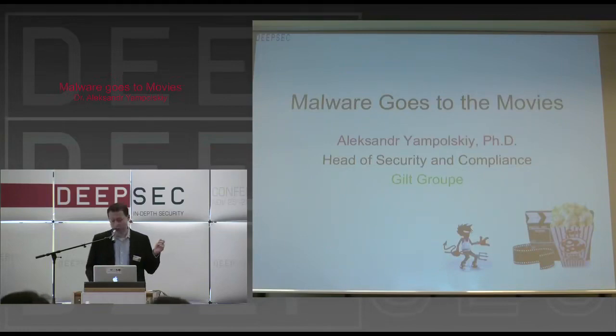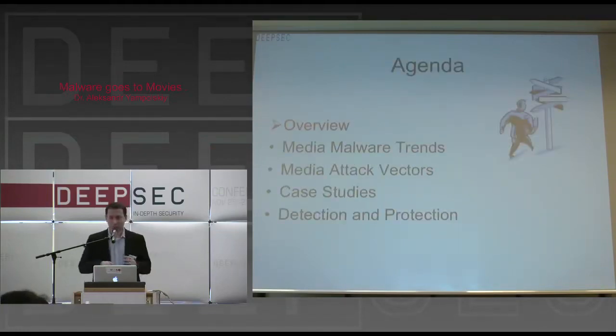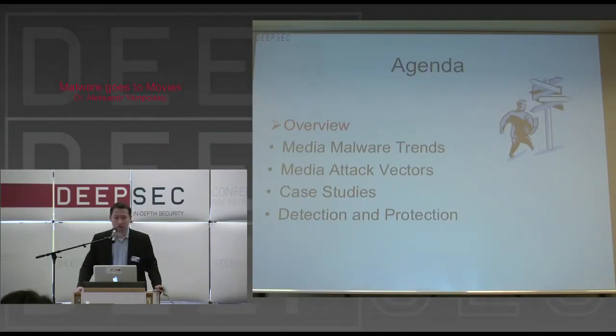The outline of the talk is as follows. First, I'll give you an overview of how malware spreads through image, music, and video files. Then we're going to look at some malware media trends. What are the types of attacks that people are using? How does the malware spread? What are some of the statistics about the spread of malware through media files? Then we're going to look at some attack vectors and detailed case studies. And finally, we will conclude the talk by examining how to actually protect yourself, how to make modifications to your system to prevent these types of attacks from happening.